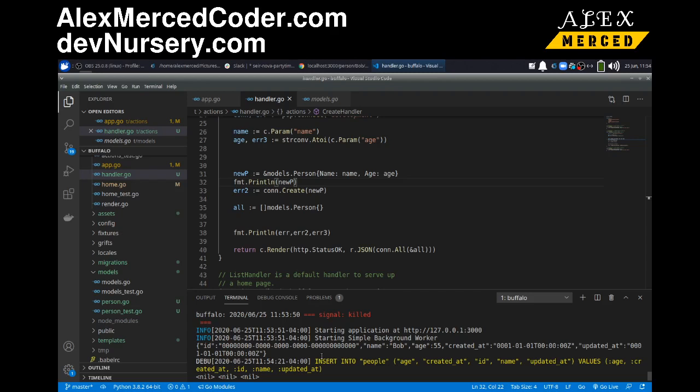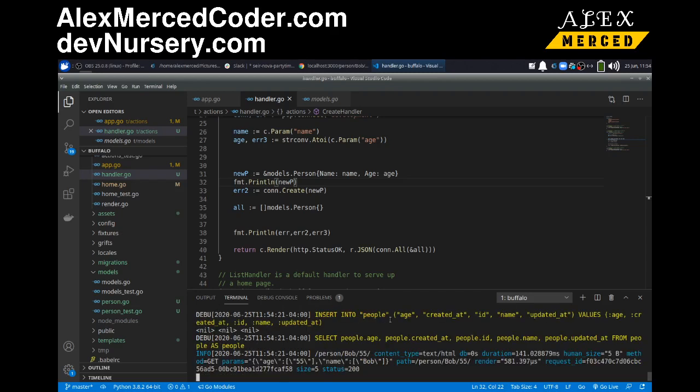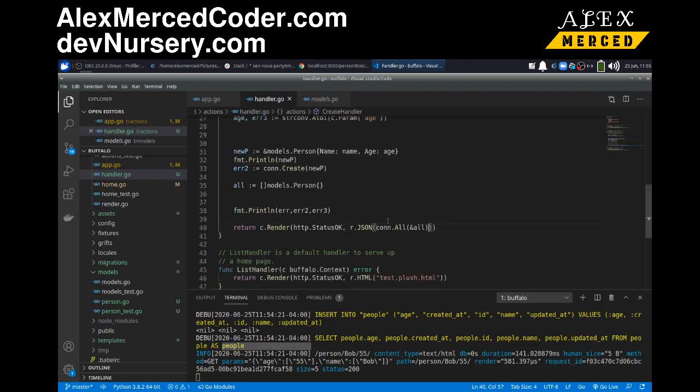You can see here, a new person has been created. Insert into people, age, and as people. It's just not sending it back as JSON very well. So what I want to do